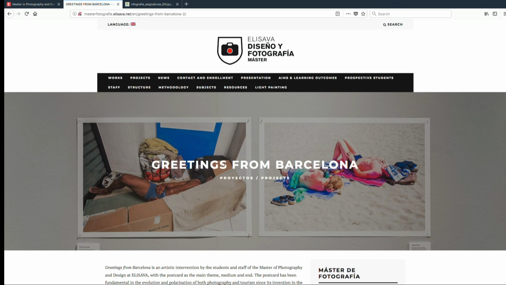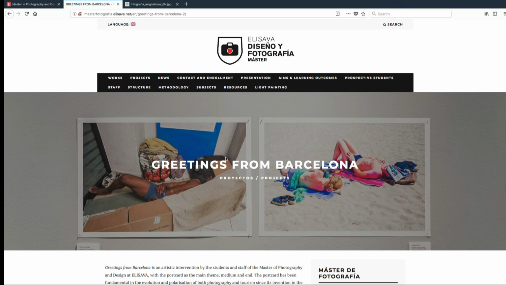This was a project we started almost a year ago in the context of Dogfield, which is a photography festival here in Barcelona, quite an important festival. The topic of the festival this year was traveling. So within that topic, we chose tourism, and we explored how the image of Barcelona has been explored through tourism